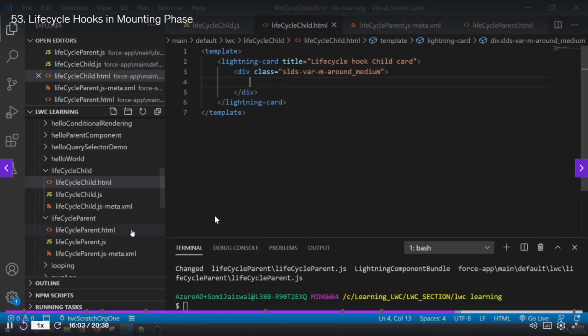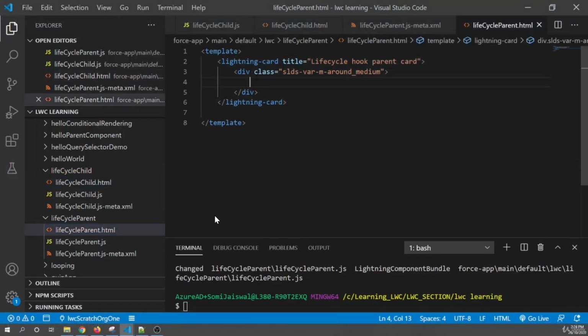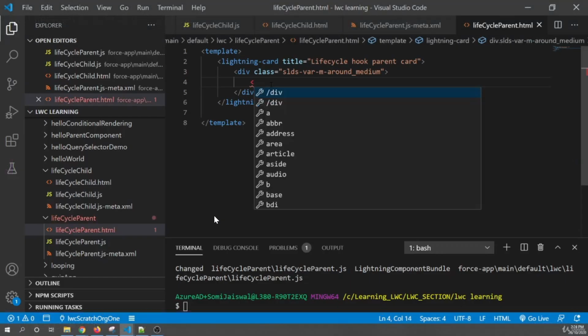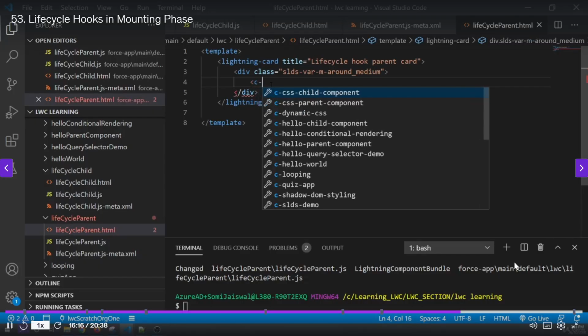This is the child component. I want the child to be available in the parent component. So what I can do is I can embed inside or outside as well. Anything is fine. So what I can say here, c hyphen, we all